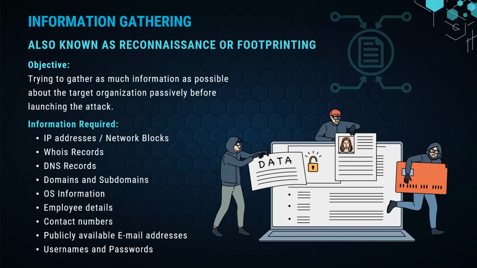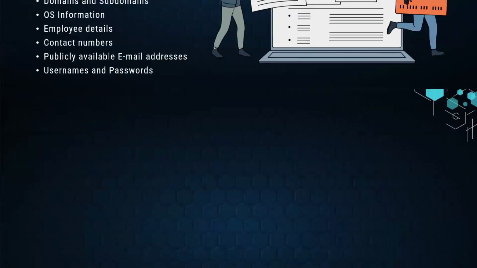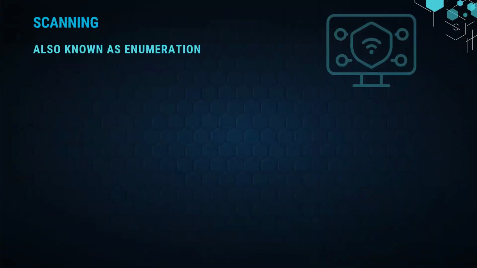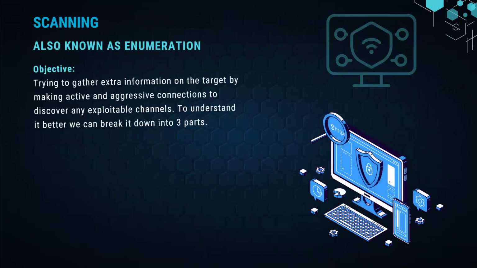Once you know these websites and gather that information, it's very crucial to perform the upcoming stages of the attacks. Whatever data you get here, whatever IP addresses, domains, subdomains, or any piece of information is obtained here, is utilized in the upcoming phase, which is scanning. Scanning is where you get some extra data, but by making active connections. Earlier we got the data passively. Here we obtain some extra information actively.